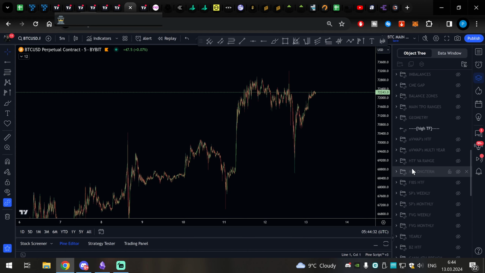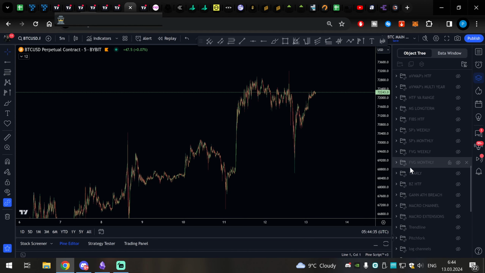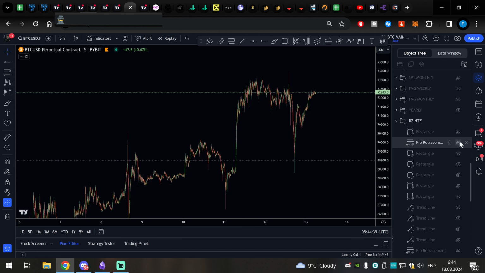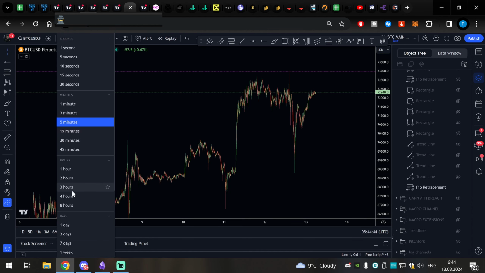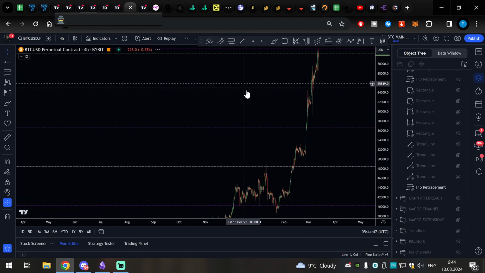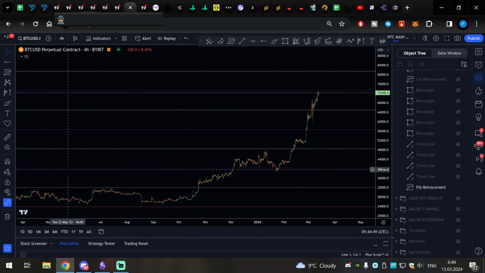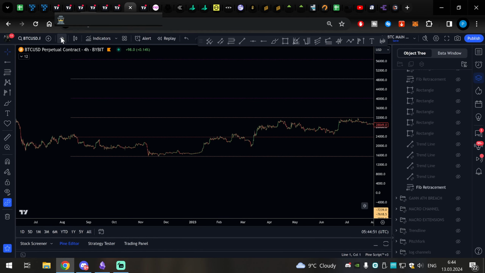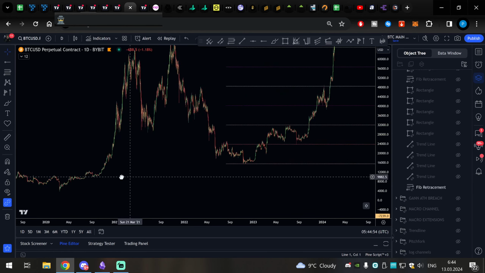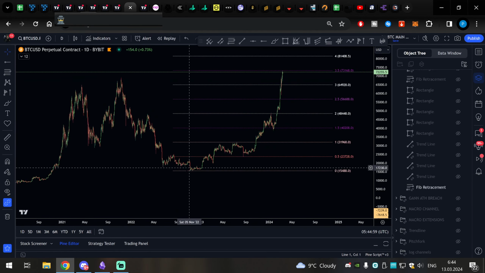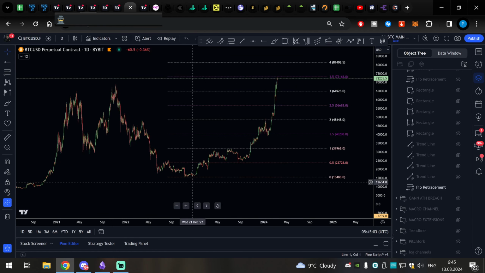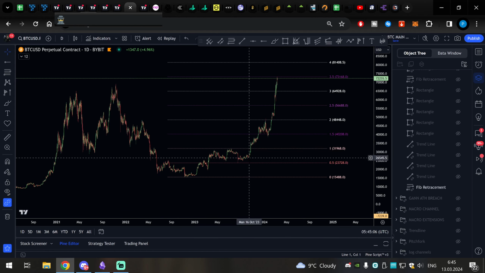So the pull should be over here, balance zones and high time frame. This one, yes. This one. We go to the 4 hour time frame, and the daily time frame so we can see it fully. This is one of the core pulls for us, because this was created from the 9-month range we were in. So we got huge extension targets.